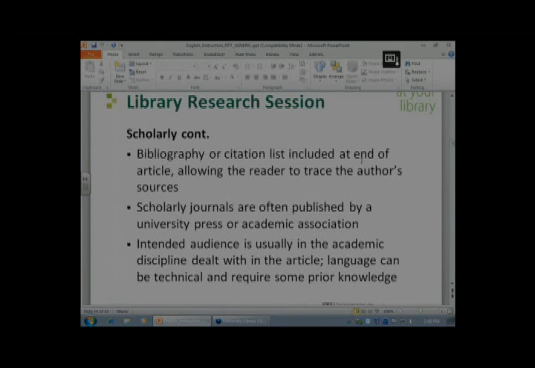And also think in terms of not just university presses, but academic associations. We'll be looking at the Modern Language Association, or MLA, International Bibliography. It's one of the databases we'll look at. But they do a lot of publishing. They're the biggest language and literature association on the planet, basically,